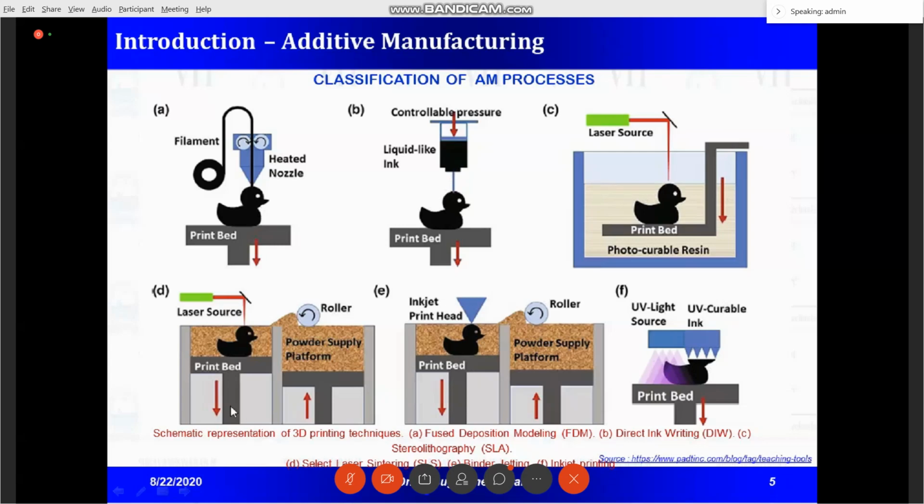SLS, selective laser sintering. Three-dimensional printing: this particular process is called three-dimensional printing, where you have a binder to join the powder particles. And this process is polyjet 3D printing. So we will see how additive manufacturing, that is DP or FDM or SL or polyjet, is used in the smart material manufacturing process.